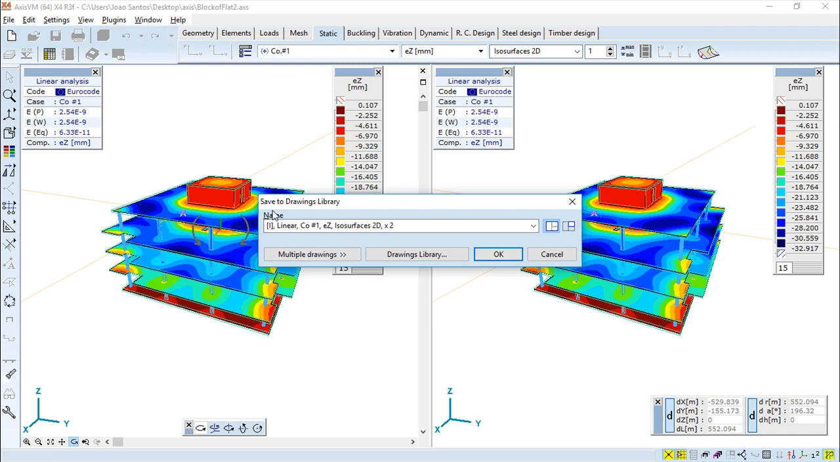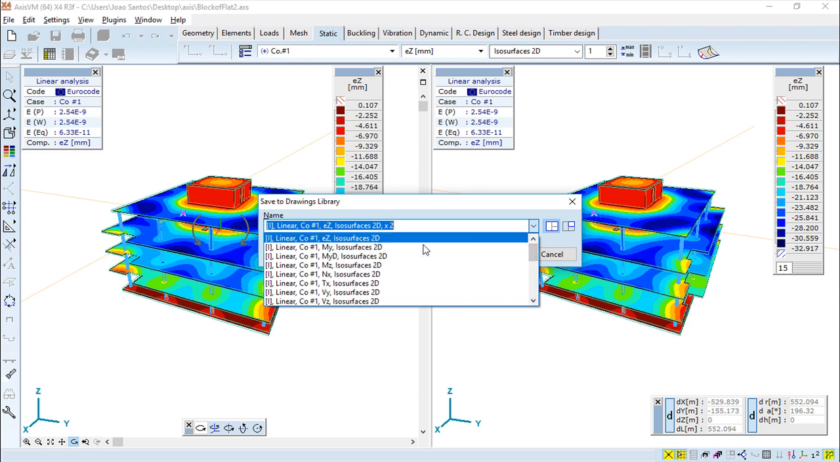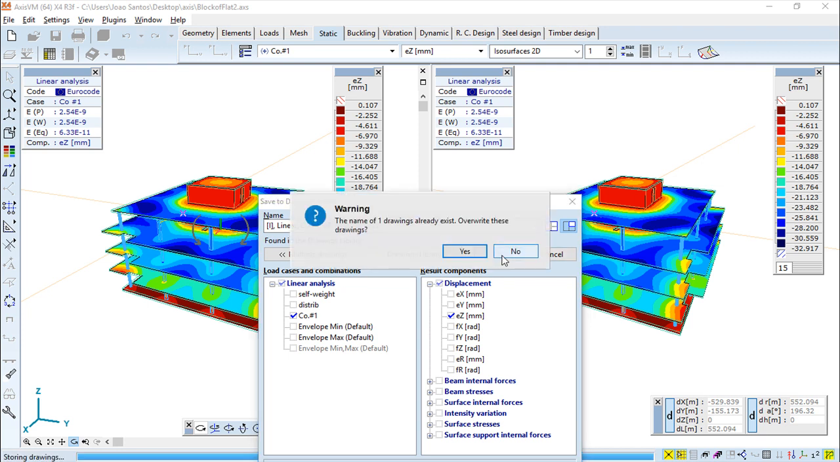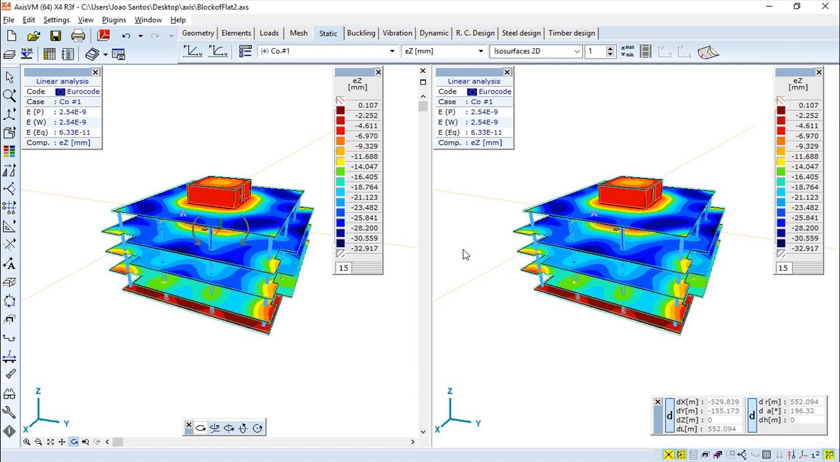And when we save to drawings library, for sure we can choose again different cases in multiple drawings, but the difference now is the possibility to save the complete view with all window panels, or simply choose from the active window only one panel. So this is also one possibility that we may have. Okay, so override, okay, and it is saved. This is a concept that we will develop now with drawing libraries, and